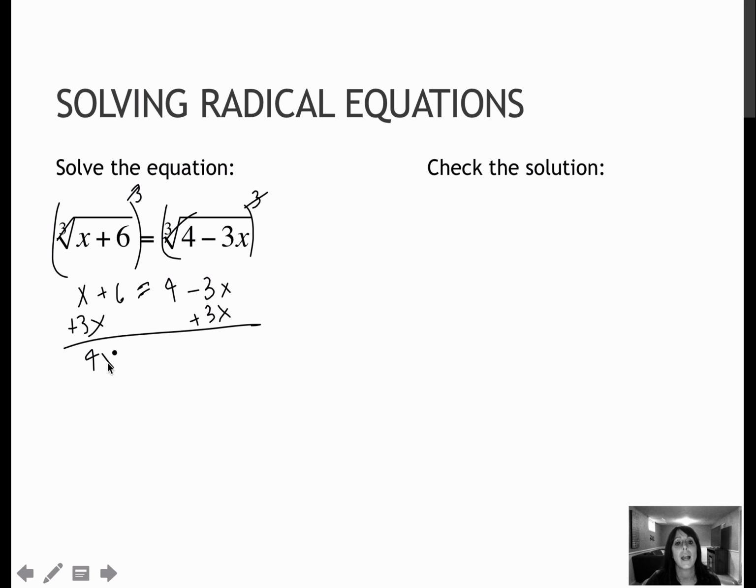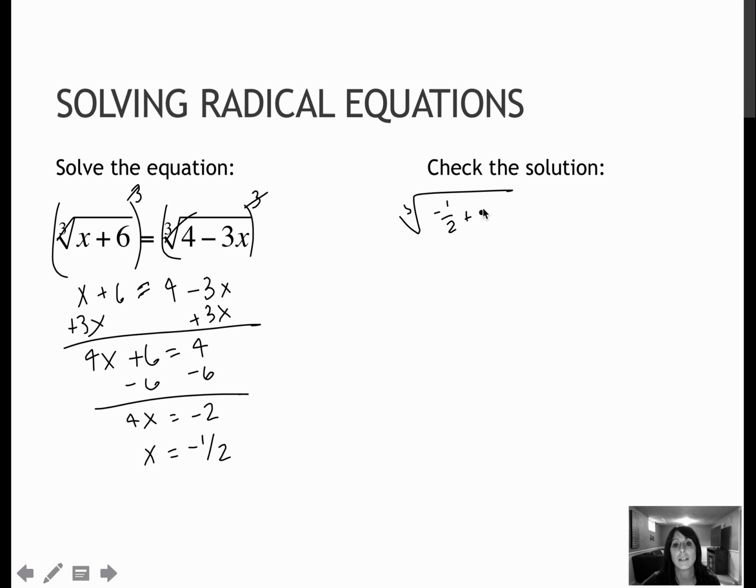And that leaves me with 4x plus 6 equals 4. Subtract the 6. That gives me 4x equals negative 2. So dividing by 4, I get negative 1/2. Now I'm going to check that solution. And that gives me the cubed root of negative 1/2 plus 6, and then the cubed root of 4 minus 3 times negative 1/2. Negative 1/2 plus 6 would be 5.5,